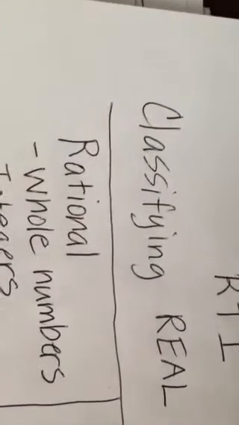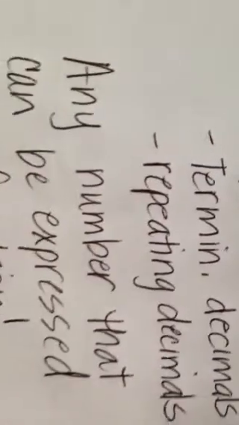Okay, the first thing you're going to do is get out your black and white notebook and write all of this down in your black and white notebook. Starting with classifying real numbers, put a line across the top, divide it in half, and then you're going to copy all this down. On the rational side, you're going to put whole numbers, integers, fractions, terminating decimals, repeating decimals,